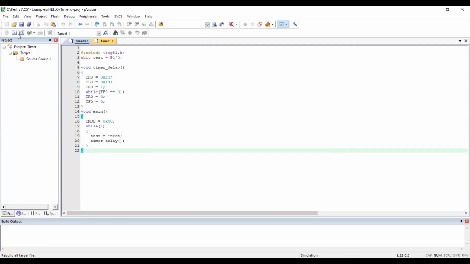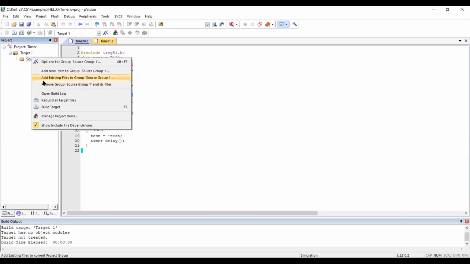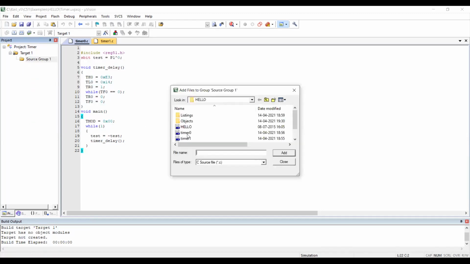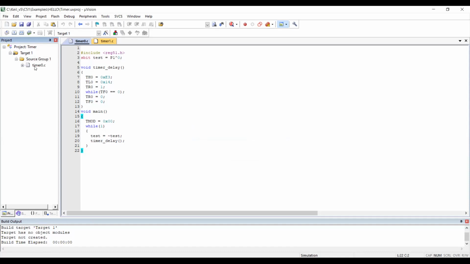Now we build the code. Sorry, first we have to add the file in which we have written the code to source group 1. Now we see the file is added, and then we build the code.